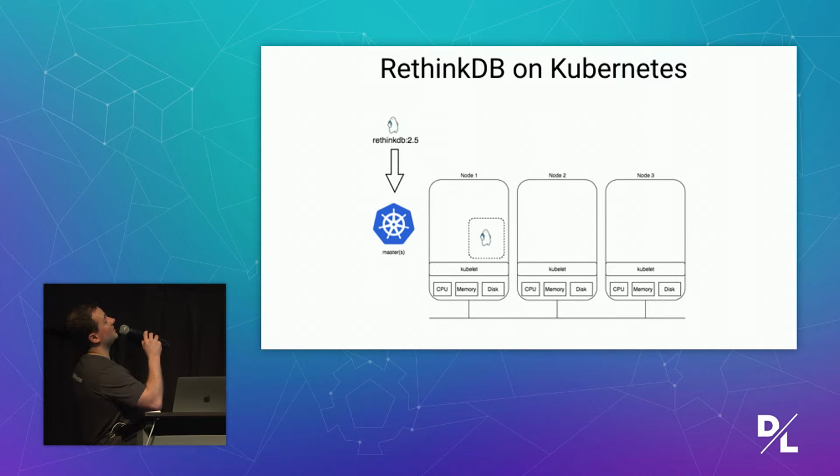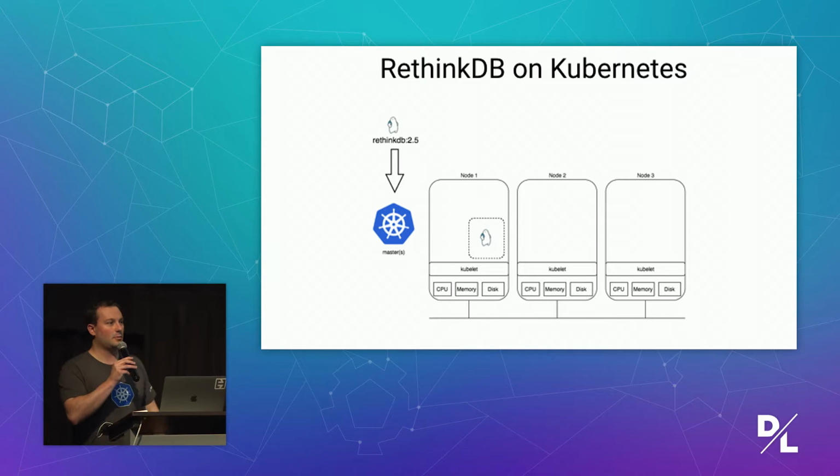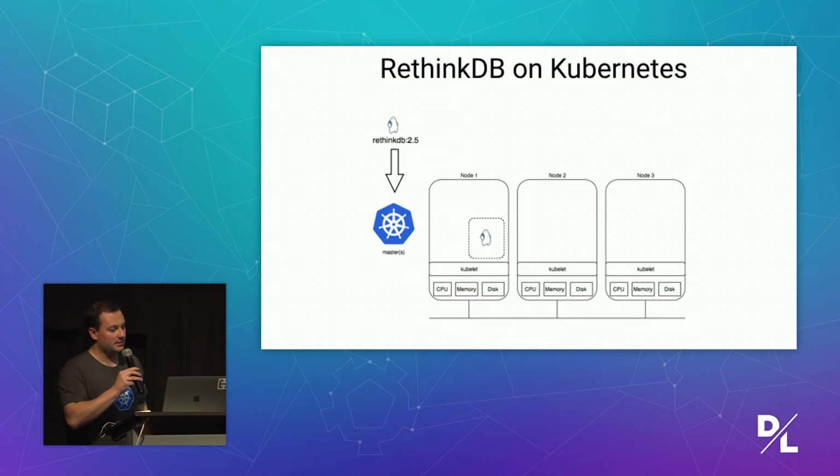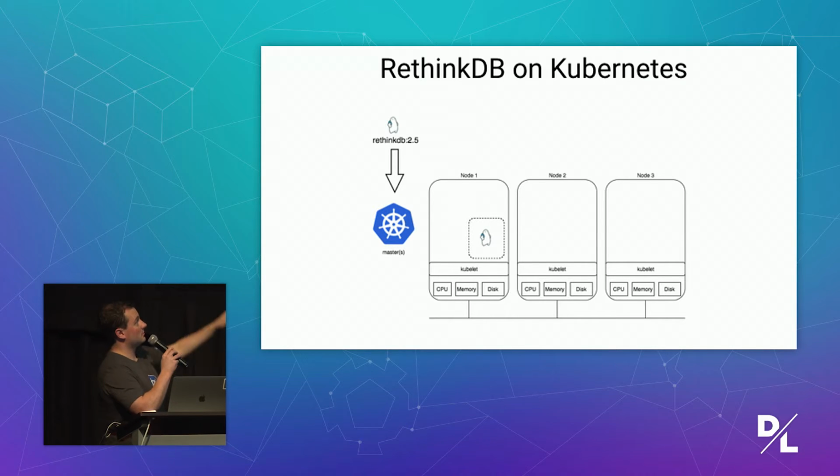Now I'm a big fan of RethinkDB, so we'll keep rolling with the RethinkDB logo. So here I want to run a version of RethinkDB. I tell Kubernetes, I would like to run one instance of RethinkDB. Poof, there it is. Now, it's not hooked up to any storage. So if this container dies, or that node gets restarted, any data I might have there is gone.